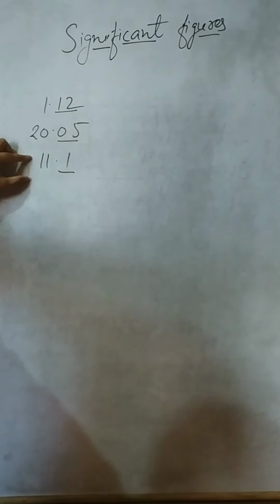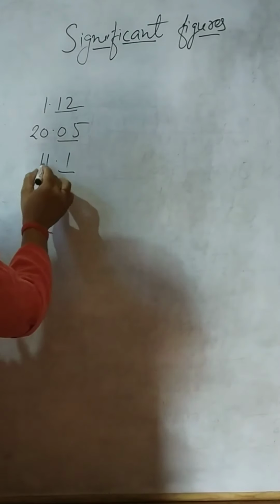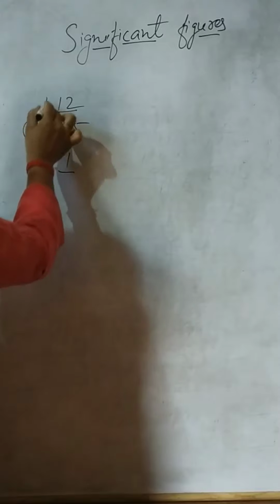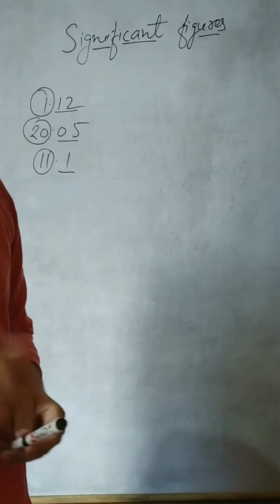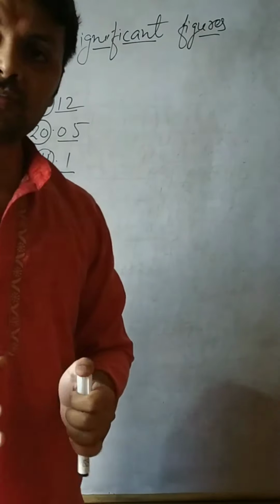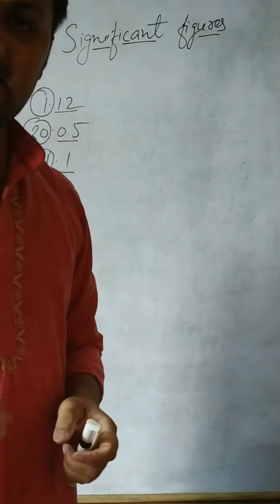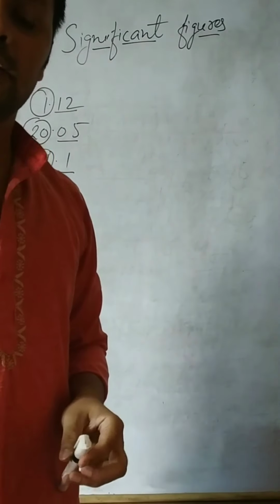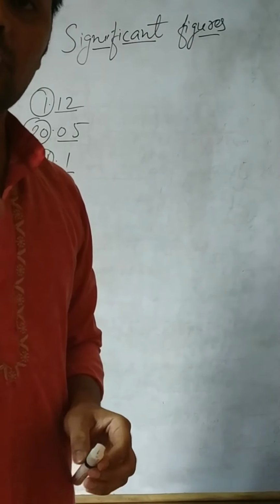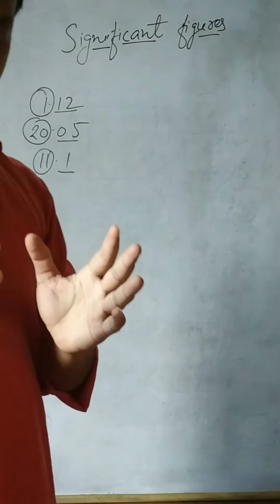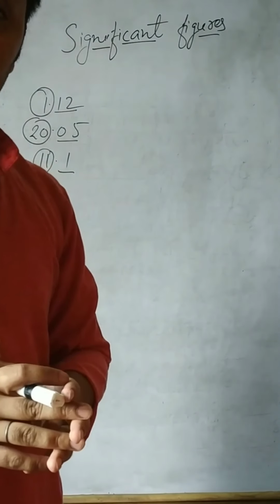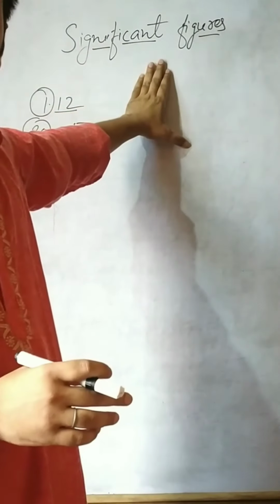So when the whole number is there, the part which is ahead of the decimal is the exact value. And the part which is after the decimal is called the uncertain part. Uncertain because many times a mistake is there or exactly accurate measurement is not possible. So in these cases, to make the error as small as it can be, we study significant figures.